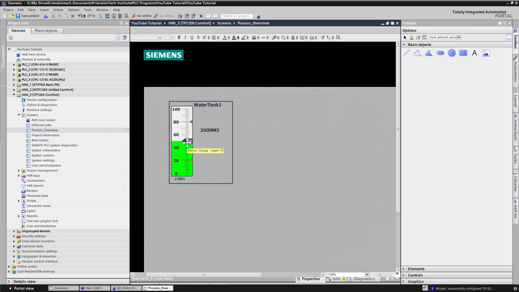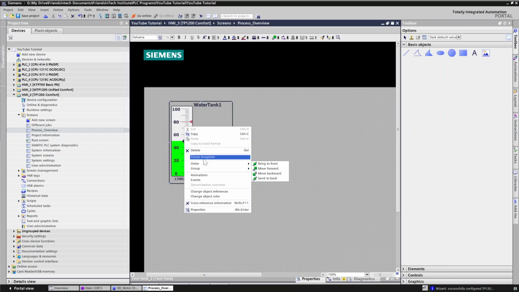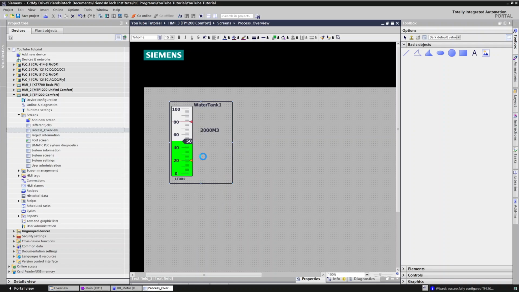So the thing is that most people, if you are here, you just select this, copy, paste, paste, paste, paste. Then you have again to link tag to each multiple times. But what we are saying is that instead of doing that, you can select the entire, then you create a faceplate. You click create a faceplate. Now when you hit create a faceplate here,